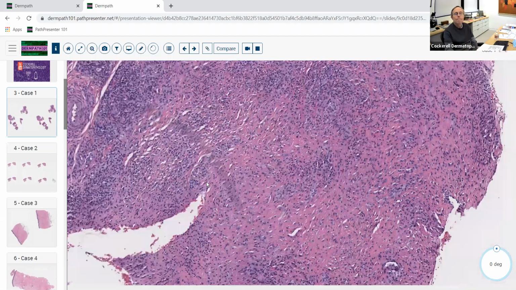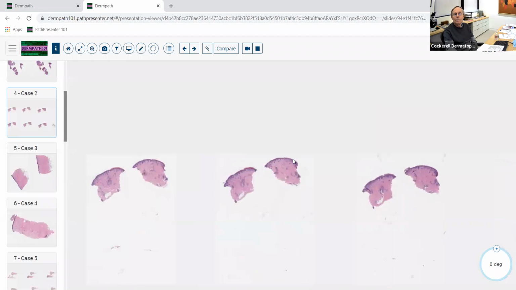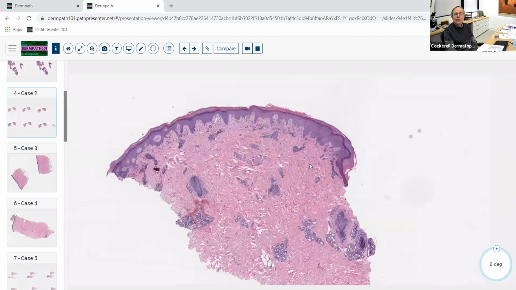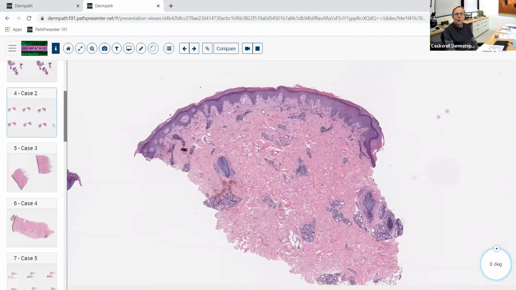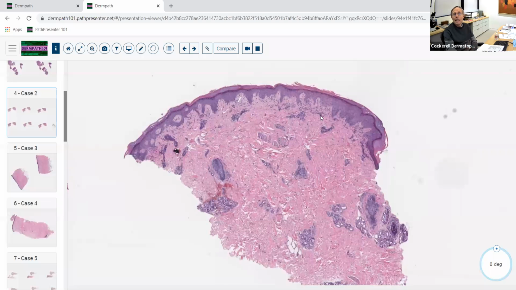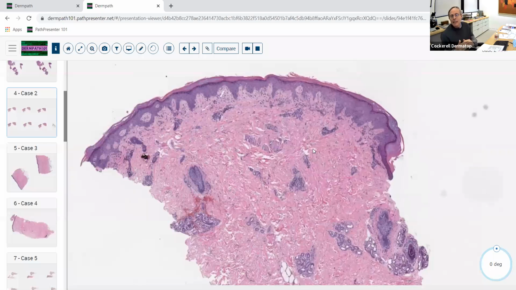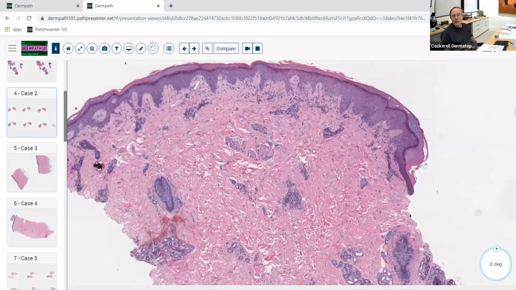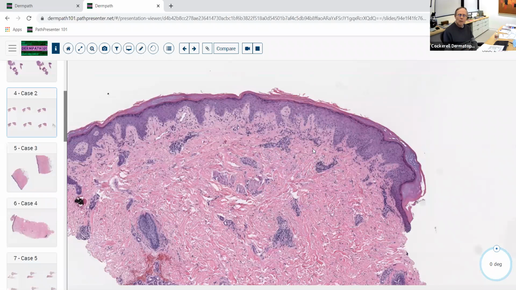Okay, the next one, a punch biopsy at low magnification. It has a superficial perivascular infiltrate of lymphocytes. And notice that some of these look like they're hugging the area just beneath the epidermis. When we see that, we start thinking of interface dermatitis. And when you think of lymphocytic interface dermatitis, I want you to think almost immediately, like a reflex arc, of the connective tissue diseases. There's a relatively small number of things that give you a superficial perivascular interface dermatitis